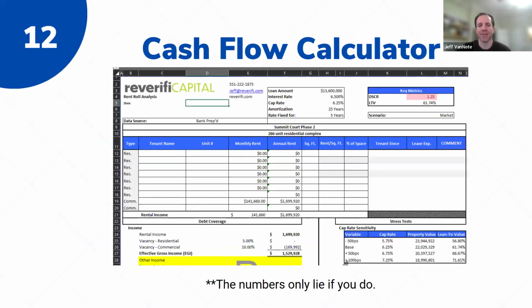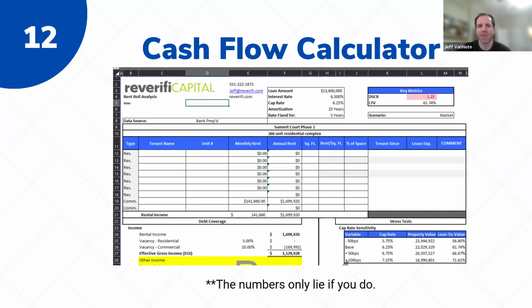The cash flow calculator. This is the secret to success. We'll be reviewing this in depth later on. However, it is critical that you understand how to navigate this on your own. With just about 10 clicks of buttons and changing of information, you can determine immediately at your fingertips the maximum qualified loan amount for a real estate asset. It gives you today's real accurate information.